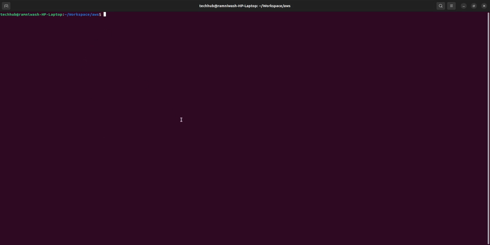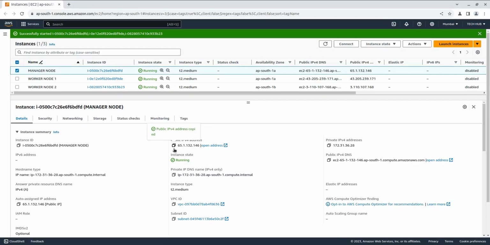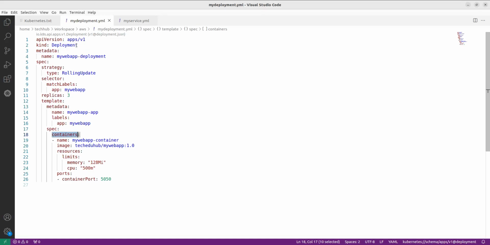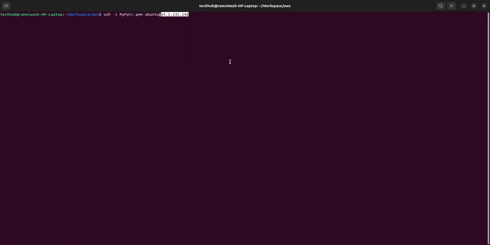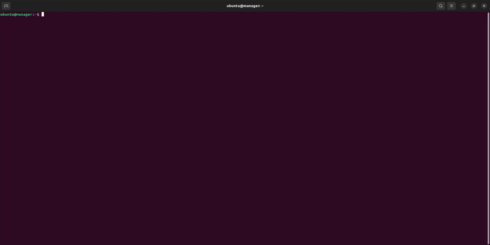master node. Okay, first let's connect with the master node. What is the IP address of the manager node? Copy that, and yes. Okay, so kubectl get nodes. Okay, all nodes are ready, and kubectl get